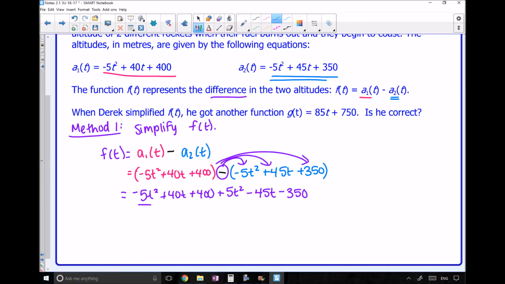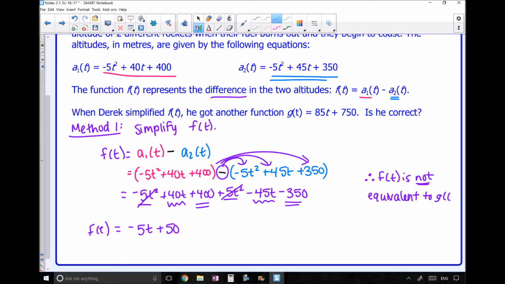So negative 5t squared is like 5t squared, but they cancel each other out, so I don't have it anymore. Now 40t is like negative 45t, so I end up getting negative 5t. Okay, and then 400 is like negative 350. When I put those together, I get 50. So that means that f of t is equal to negative 5t plus 50. So I can say, therefore, f of t is not equivalent to g of t, because we have g of t is equal to 85t plus 750,